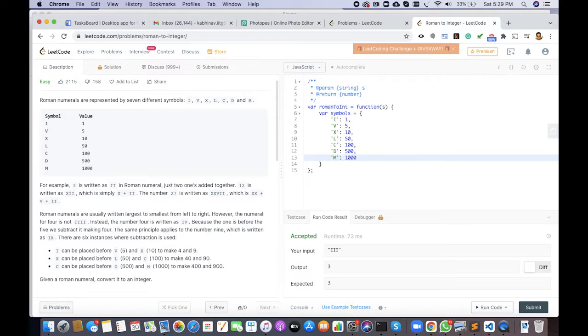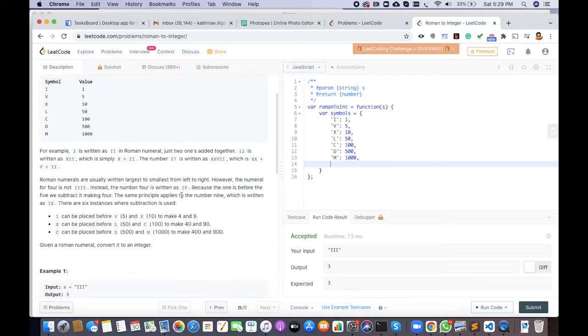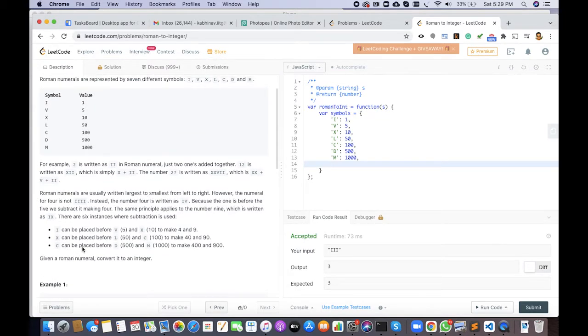So I just copy pasted all of them, and there are more representations, like IV would mean 4 and IX would mean 9. So I'll make those entries as well.